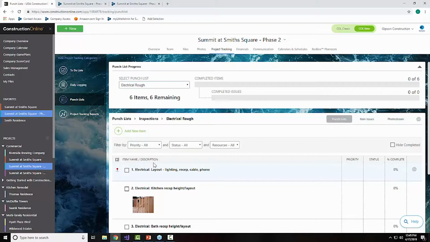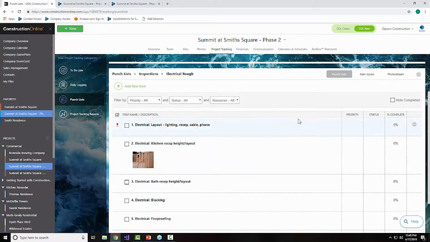Now, before we move away from punch list, I know there are additional tools available within logging and punch list and just the mobile app related to photos in general. So we did want to talk a little bit about the importance of documentation and being able to reference those pictures. Another thing that's important to be able to reference often is your plans. So one thing I did want to share before we move away from punch list is